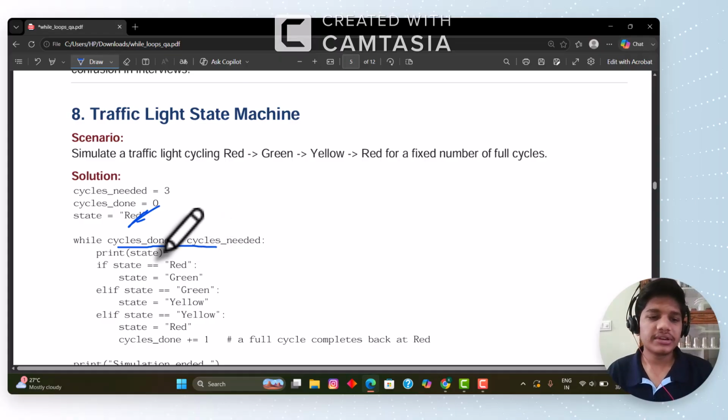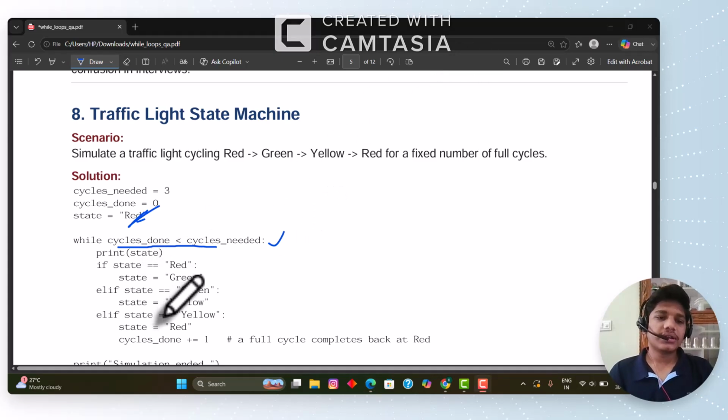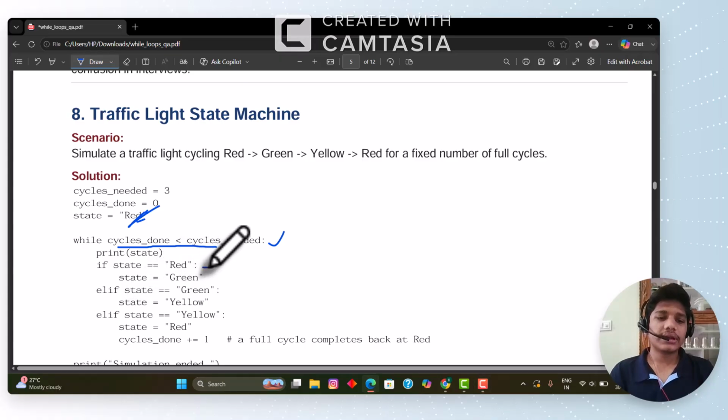So after that, print state. After this condition was true, we can go into the loop. What is in that loop? Print state. So what is the state at the start? At the start, the state was red. So when we come here, if state equal to red, this condition,